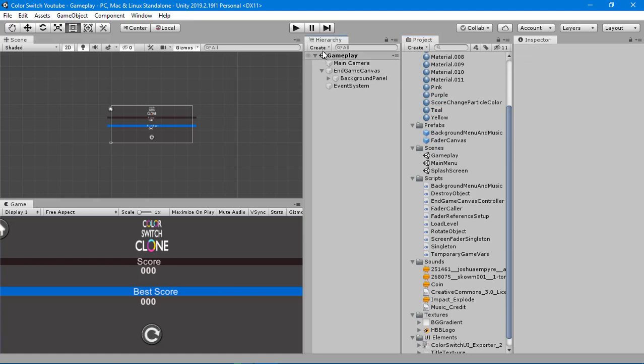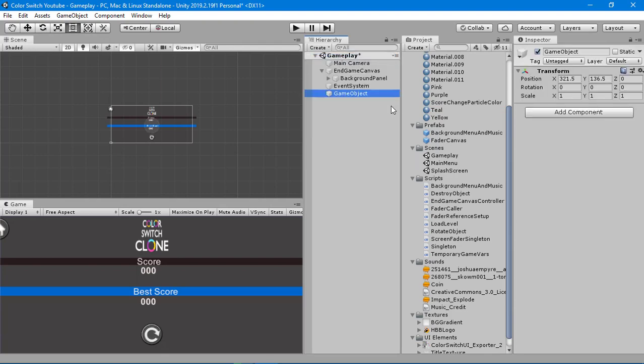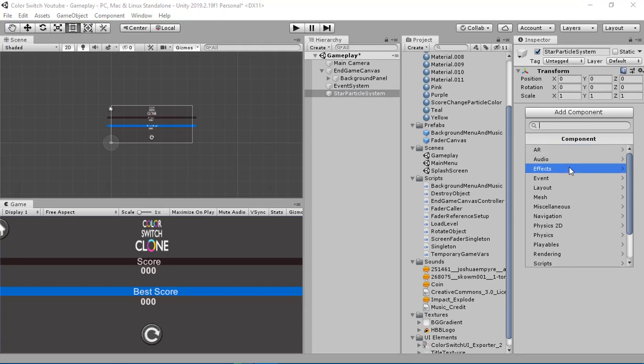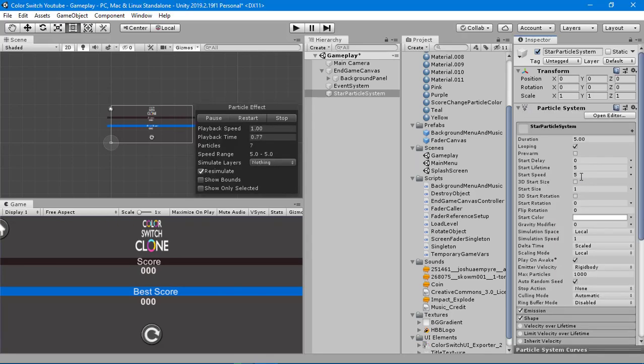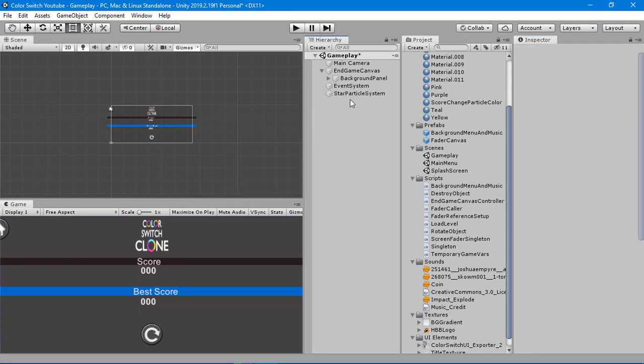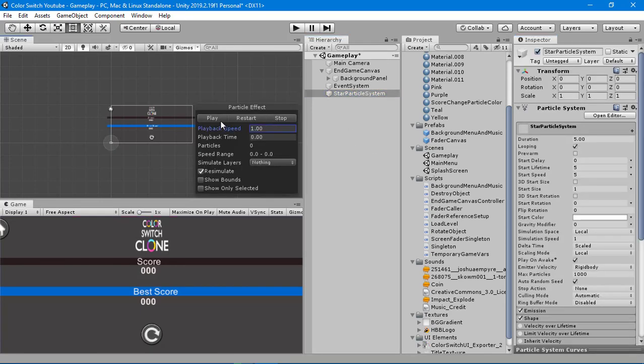Okay, and let's create an empty game object. Let's reset its position and rename it star particle system. So it's our star particle system, and what I am about to do is add a component, which is going to be our effects, and then I'm going to add our particle system. Okay, so particle system has been created,